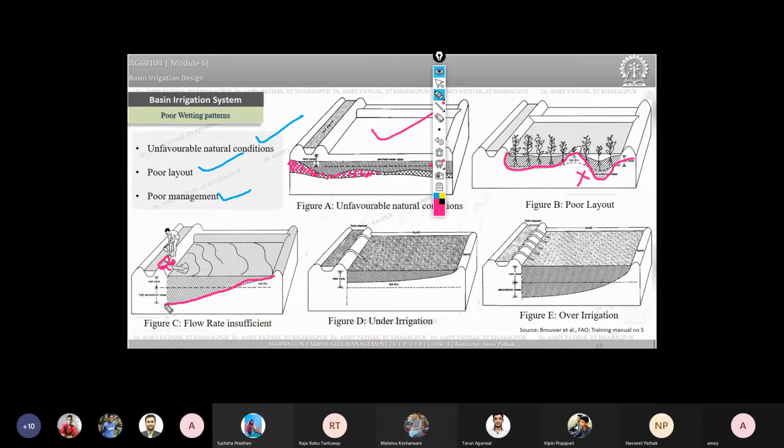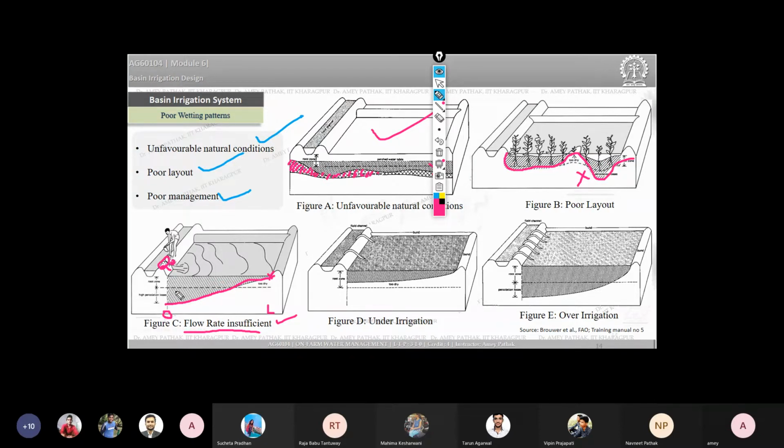So we have discussed this flow rate insufficiency in case of border irrigation as well. Whether the Q naught is high here or low here, in this case, let's say it's showing that the regions close to this input where x is equal to 0 are receiving a very high amount of infiltration, whereas at the end, length L, the infiltration is actually very small.